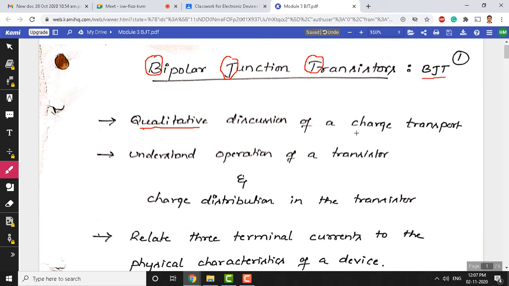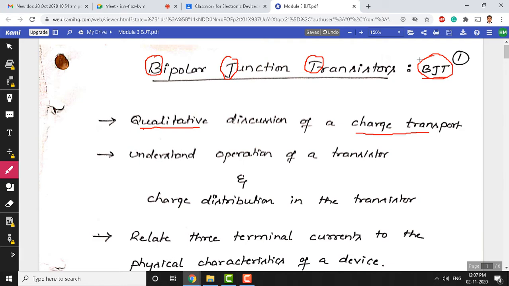First we will start with the charge transport mechanism. We already have an idea how exactly the charge moves in a p-n junction. Knowledge of the p-n junction can be used here, because within a bipolar junction transistor you see a p-n junction also. If you connect two p-n junctions back to back, that forms a bipolar junction transistor. So, we will use this p-n junction theory to explain the BJT concepts.